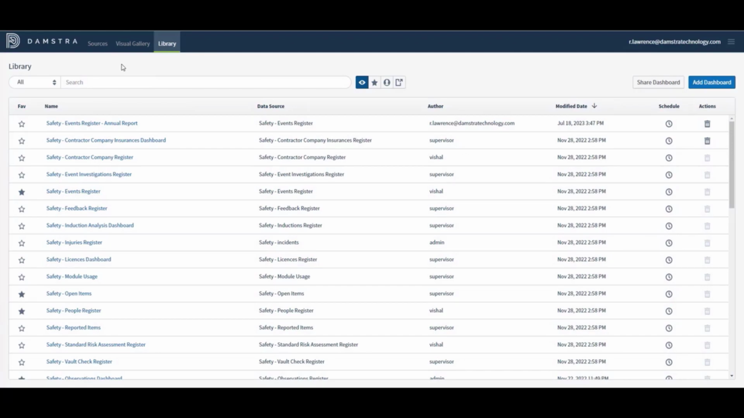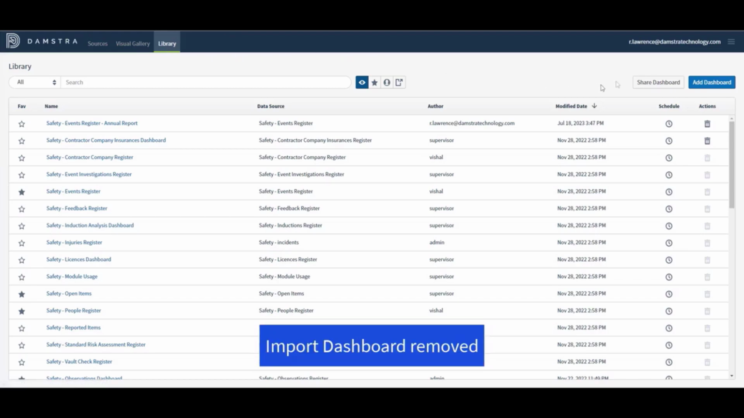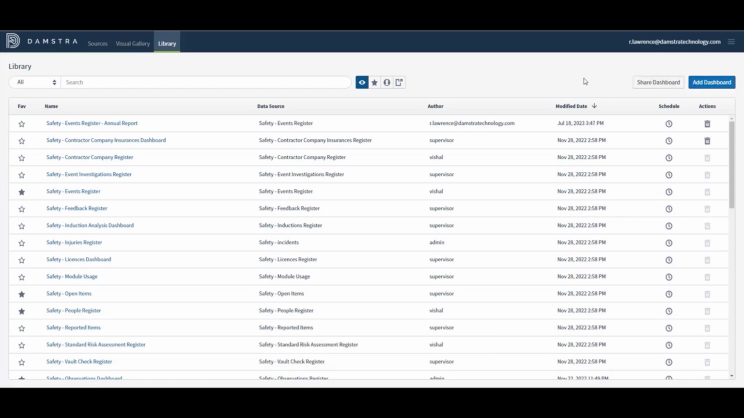Starting at the home page or Library of Dashboards, you will see that Import Dashboard has been removed. But you can still share and add dashboards. Over in the visual gallery,